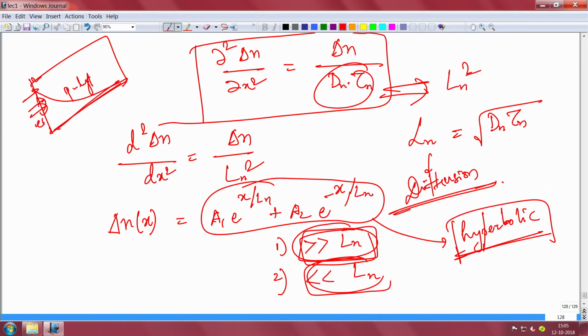If it is a short one, it will decay linearly, because the electrons will decay exponentially like this, so the derivative also will decay exponentially, which means the diffusion current also will decay exponentially. There are important implications for real device applications, which we will see when we do it. For example, if you have a p type semiconductor and you are shining light here, we will do this all in the next class of course, but you will generate excess carriers here, and these excess carriers also will diffuse.